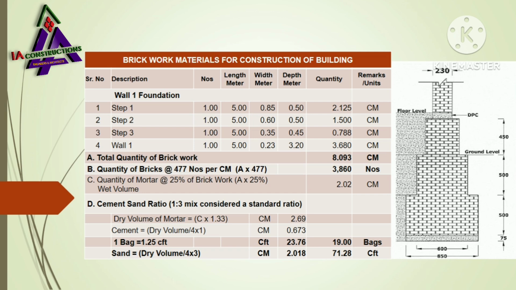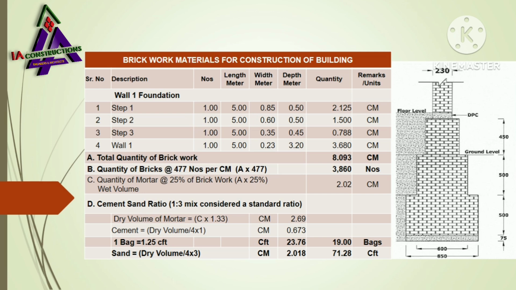In the same way, in serial number 2 and 3, I have taken off quantity of step 2 and 3 of foundation from bottom to top order. In serial number 4, I have taken off quantity of wall which is 9 inch or 23 centimeter wide. This is how you can take off quantity of each and every wall and foundation shown in the drawing of your building or house. After taking off total quantity of brickwork, which is in serial number A of my table,